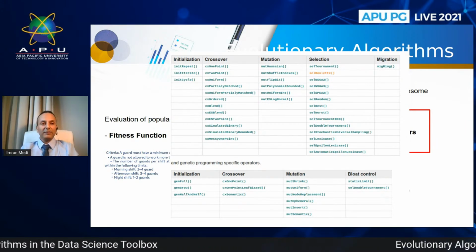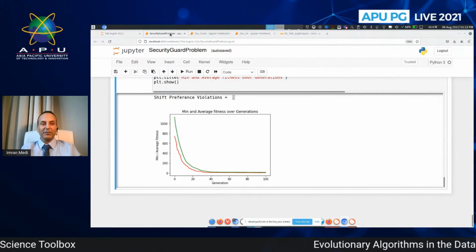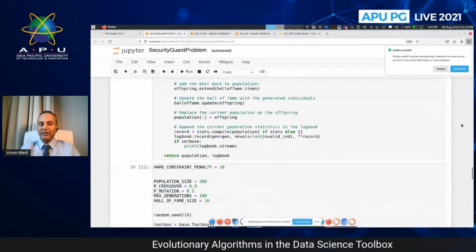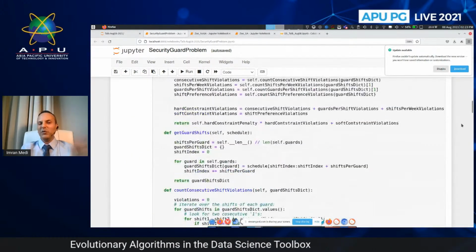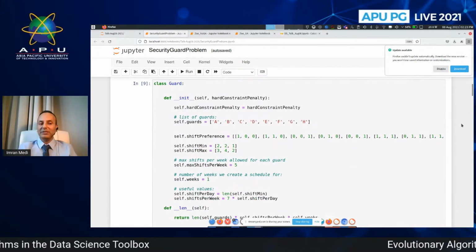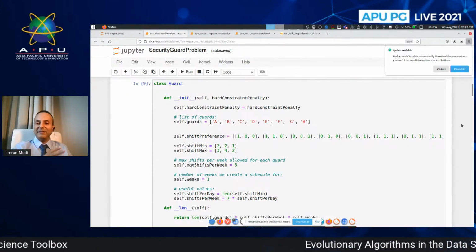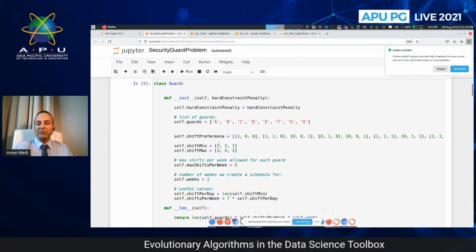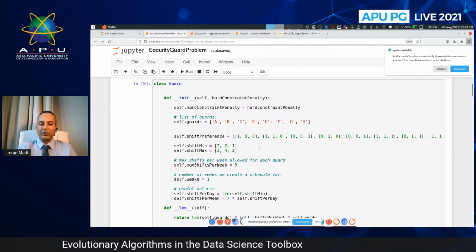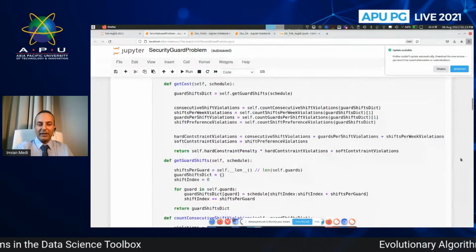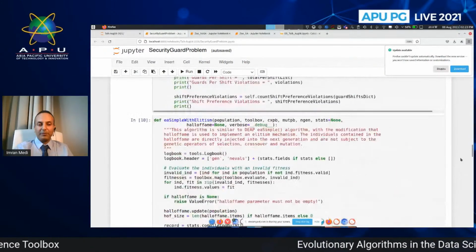So let's have a look at this in action. So here I have some code. You can ignore the details, but what we have is coded up some of the information in that particular scenario. So we have some guards here. We have the minimum number of shifts and the maximum number of shifts and so on and so forth. All of that information is coded up in here. We can then, if I scroll down,